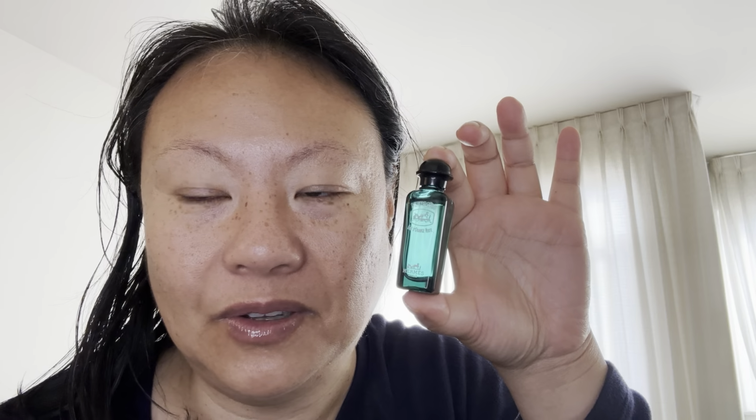Another one that is also orange and sandalwood, but this one is a classic. This is one of my earliest perfumes that I ever bought in my whole life, and this is Hermes's Eau d'Orange Vert. It's a super classic. It's been out for at least over 30 some years, maybe even longer. And it is class in a bottle. It smells a little bit like Fruit Loops in the beginning, and then it has a really soft sandalwood background, and it lingers on your skin, and it smells like the cleanest, luxurious